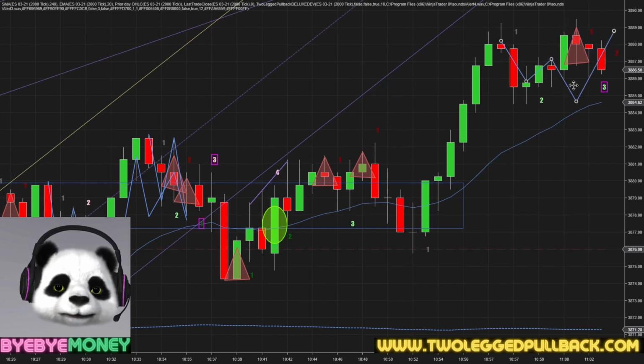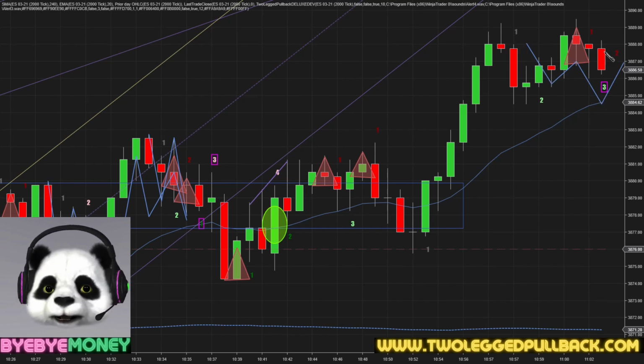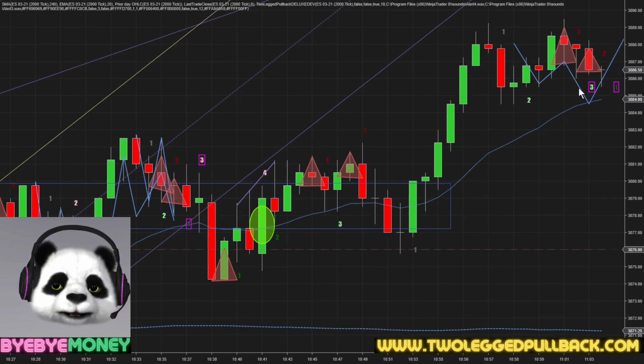And so I'll move it here, but basically you want the two-legged pullback to look like something like this. And as I move it along, I'll show you. So I'm not interested in this short here, even though it's a very good signal bar, but I'm more interested in the setup that might be due after that. And so what you have here is this. You have a two-legged pullback, and now, unfortunately, it's a